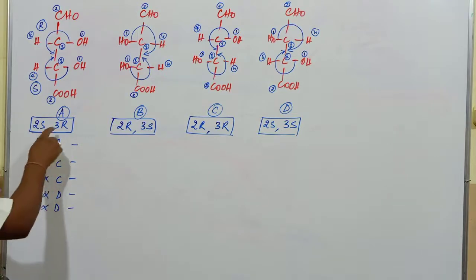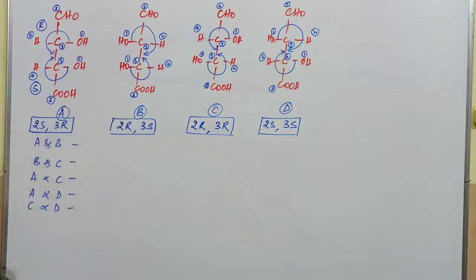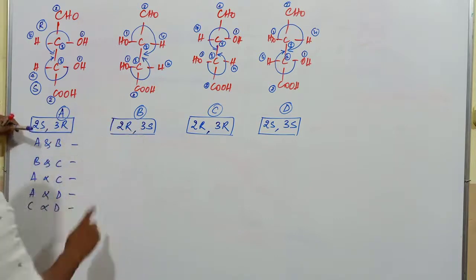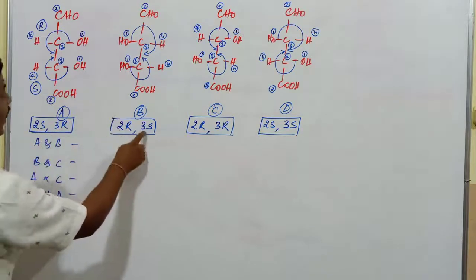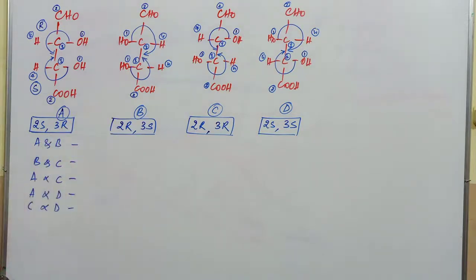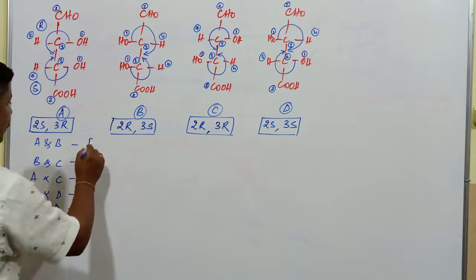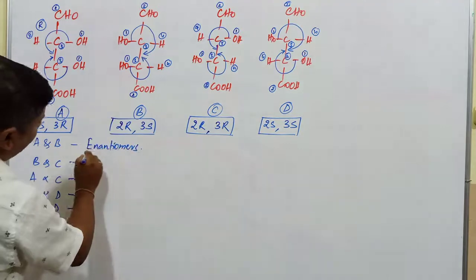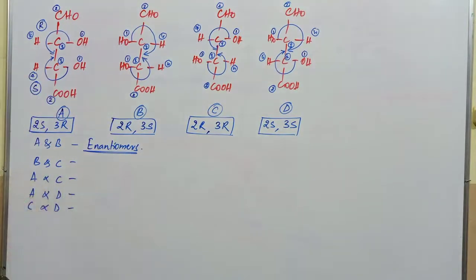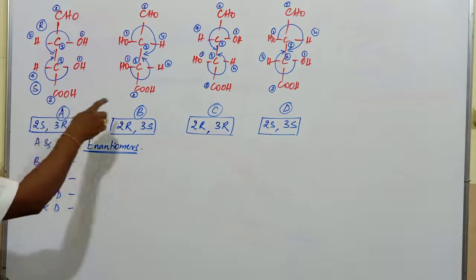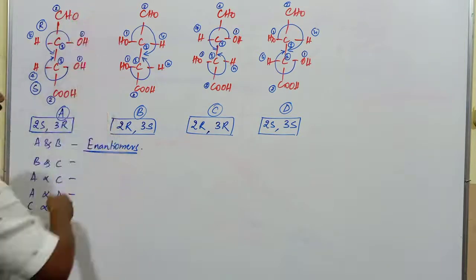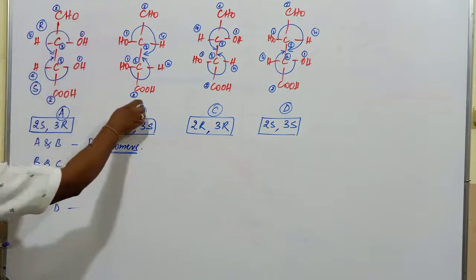Now we have observed between corresponding A as well as B, S is converted into R and R is converted into S. When S is converted into R and R is converted into S, then the particular compounds are referred to as enantiomers. Wherever the conversion of S into R and R into S takes place completely, those sets of compounds are commonly called enantiomers. These two compounds are found to be mirror images of each other.